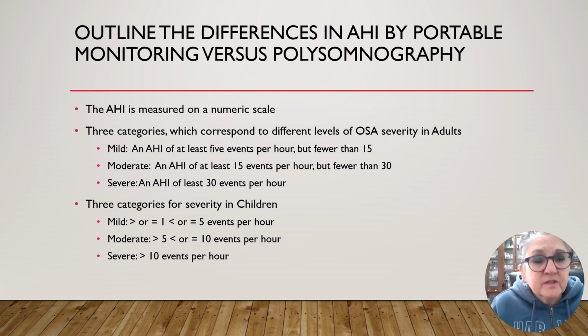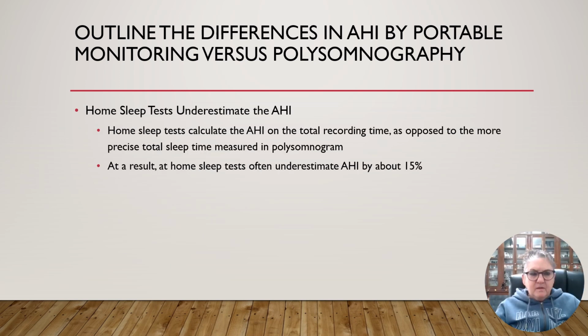The 3 categories in children are different in that mild is greater than or equal to 1 and less than or equal to 5. Moderate is greater than 5 and less than or equal to 10 events per hour, and severe is greater than 10 events per hour. The difference between